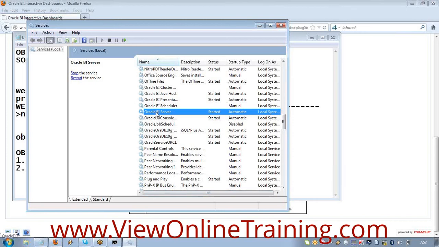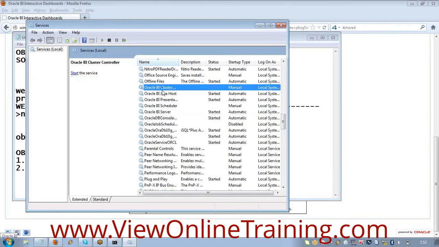I can create more than one BI server. See, one BI server is a processing unit, right? You can create 16 BI servers like this, Oracle BI servers. How? By making use of the Oracle BI cluster controller server. You see this cluster controller server?